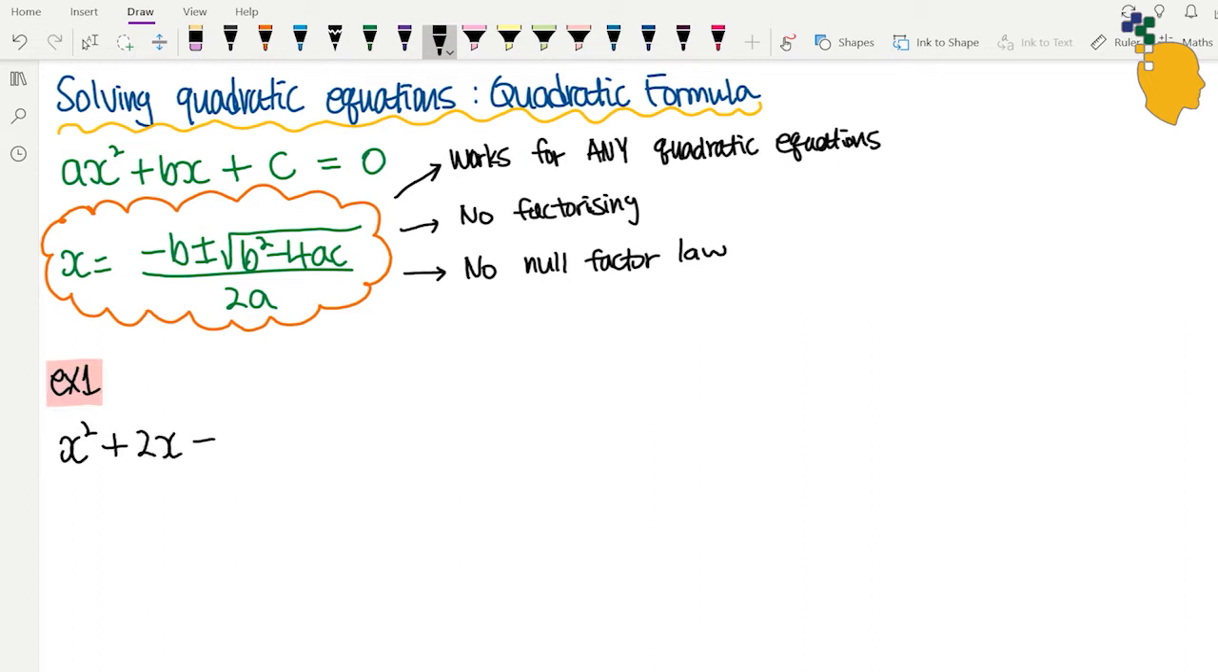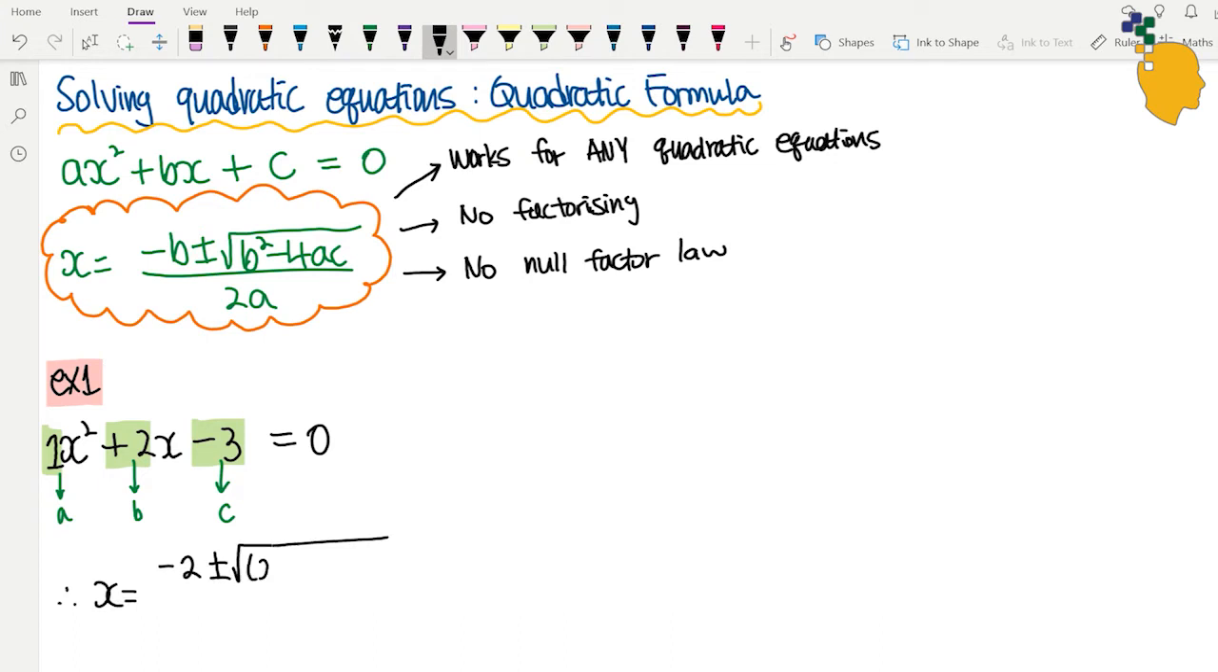We have x squared plus 2x minus 3 equals 0. a is the value next to x squared, which is 1. And b is the number next to x, which is 2. c is the number by itself, negative 3. So let's substitute these values into our formula. So x is negative 2 plus minus root 2 squared minus 4 times 1 times negative 3 over